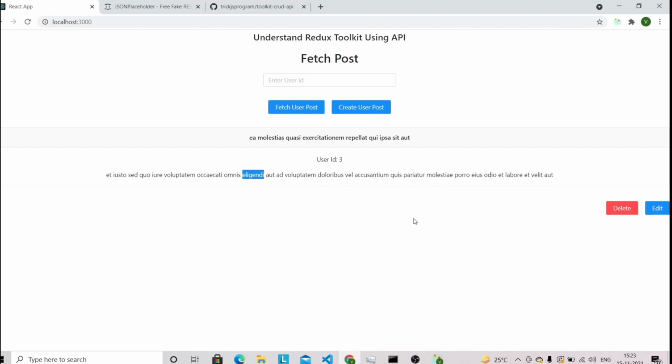So first we have to define the edit mode. Once the user clicks on the edit mode, this will be converted into the text area, and whatever value we have for our single user post will be displayed in the text area. So first we have to define a separate action to enable the edit mode. This way we will update the existing single user post.